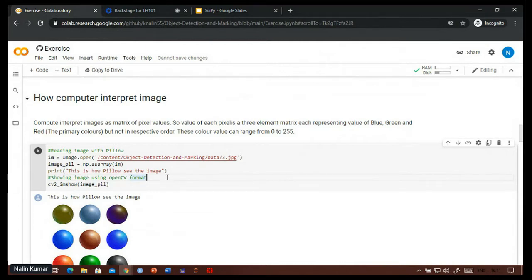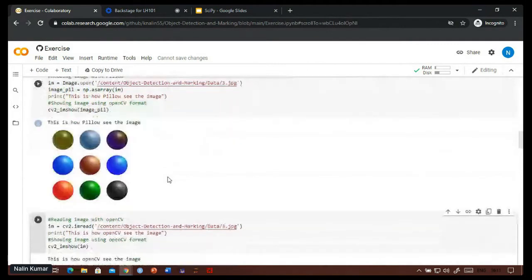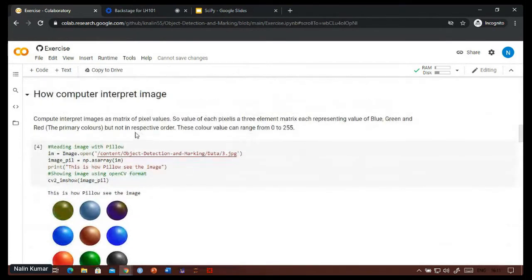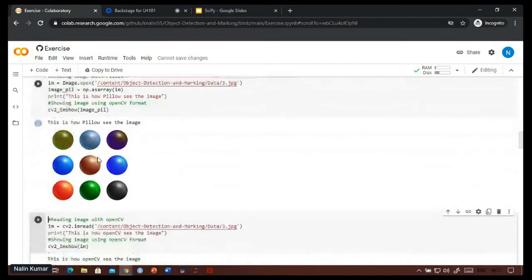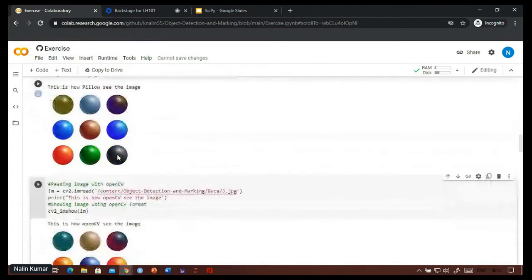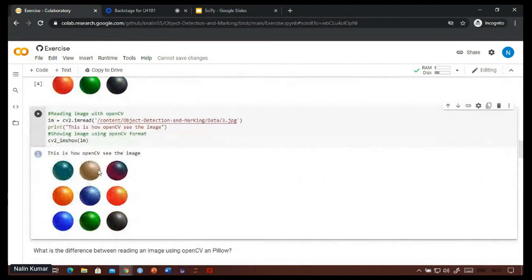Pillow interprets the image as RGB channels, so in a pixel, the first element corresponds to red, the second to green, and the third to blue. But in OpenCV, it's a bit different. This is how the image appears when you open it with Pillow, and similarly, this is how it appears when you open it with OpenCV.